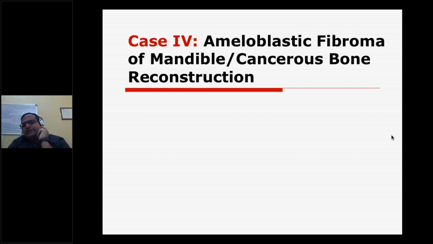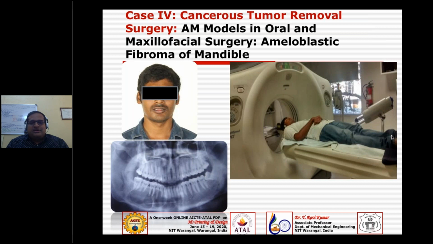We attempted to fix an implant but could not. But at least we succeeded in using this for planning the surgery, better than the conventional procedure.